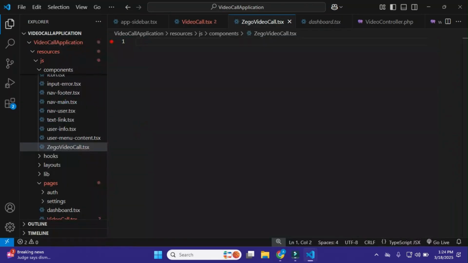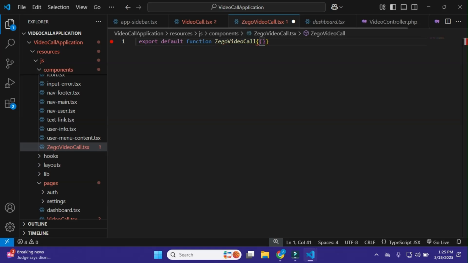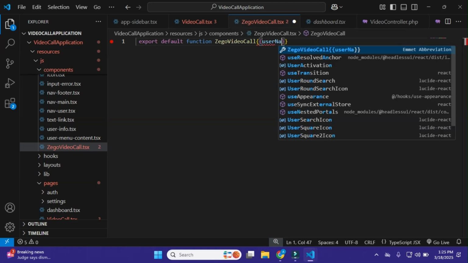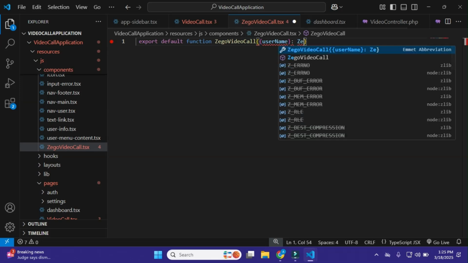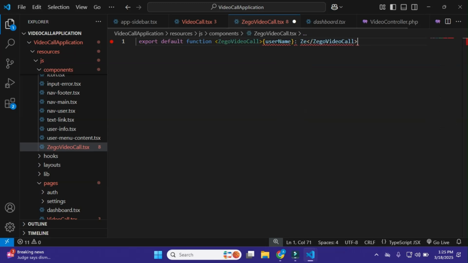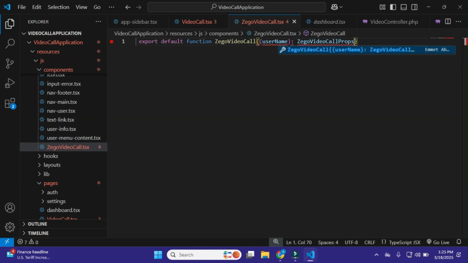For this I'll add here, for now, export default function, and after it Zego video call, and pass in it props.